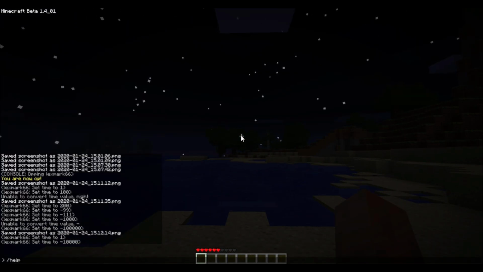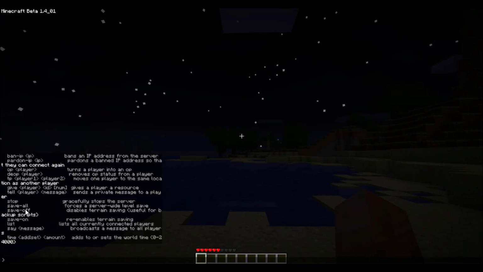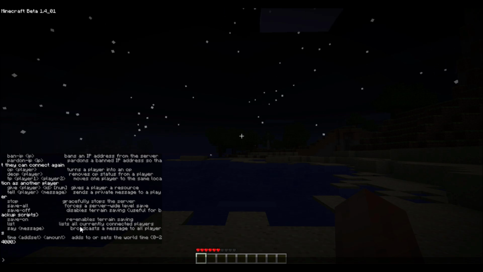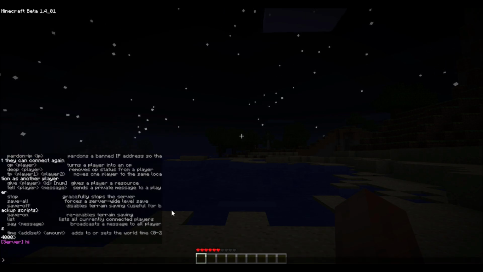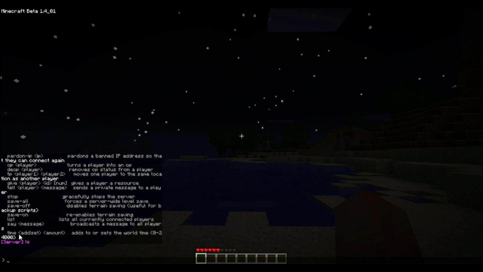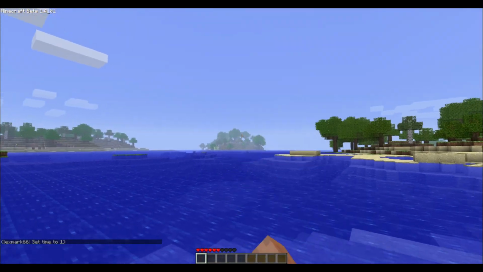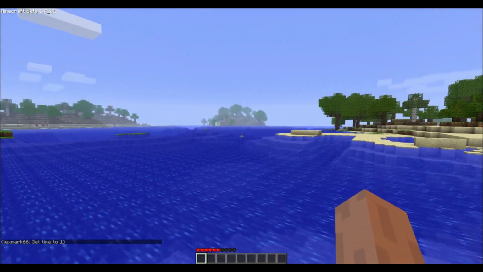And then you can do /help, and then you can look through all these different commands to get the idea of other commands that you want to do. So that /say hi is to make the server say something, and then you can set the time, which is what you saw earlier. /time set 1. So yeah, now you have a Minecraft server that you can play on with your friends in